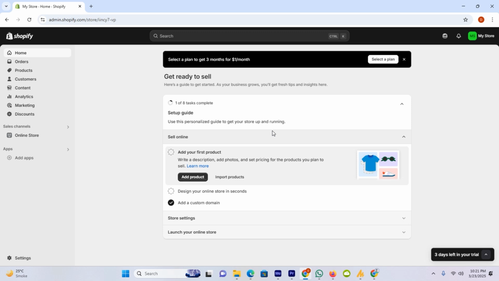Hi guys, today we will talk about how to delete a domain on your Shopify store. This process is really simple and easy. The first thing is head over to your store on which you want to delete your domain, and then you